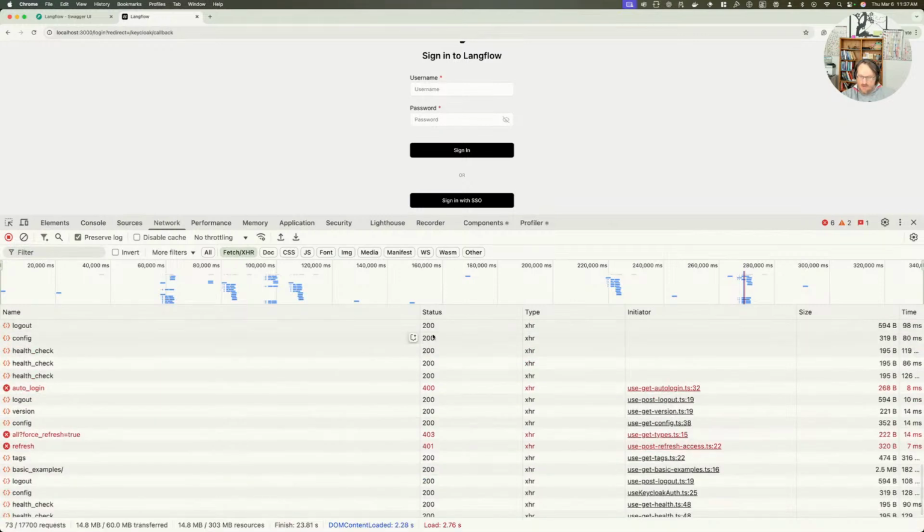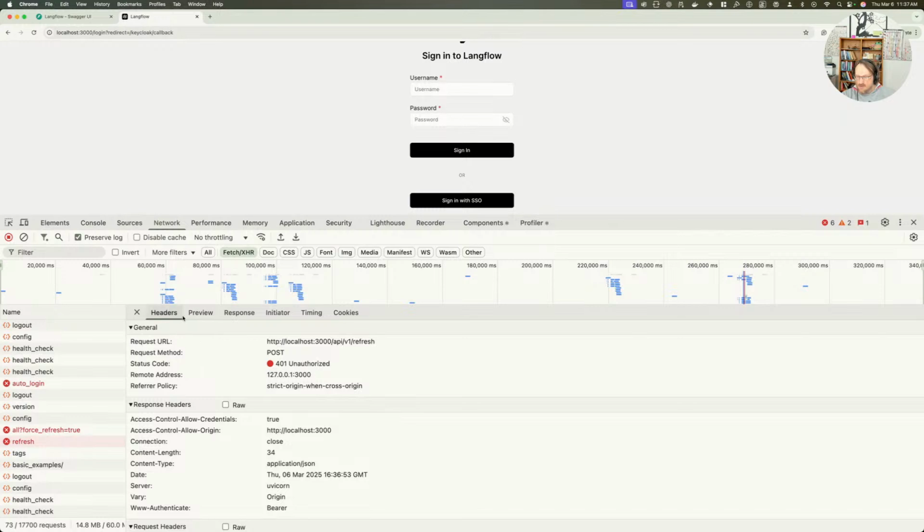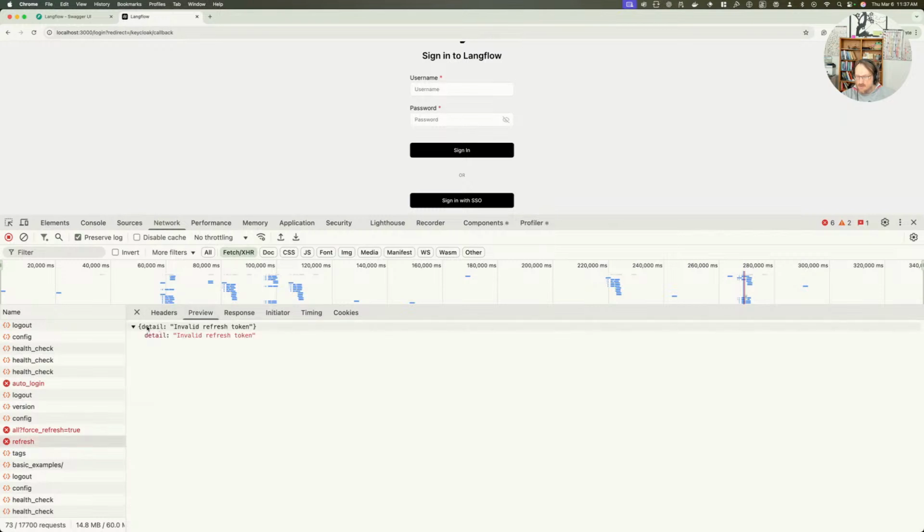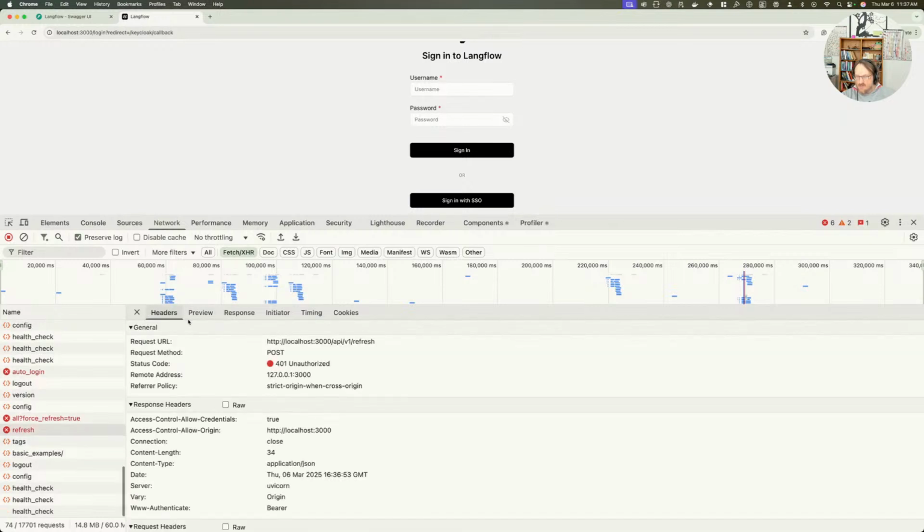The console always stays. All right, so we do have a problem here. Invalid refresh token. Yeah, I still don't care about that, but I just want to know if it's coming back with the right